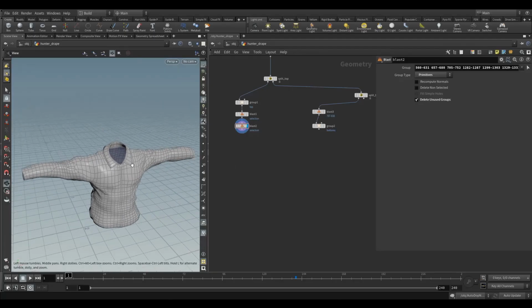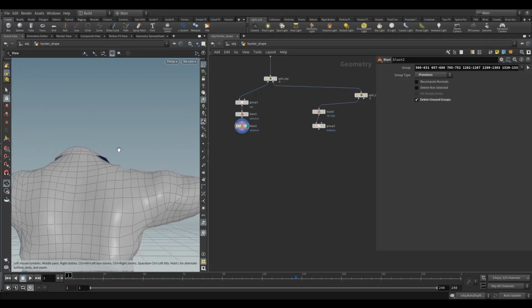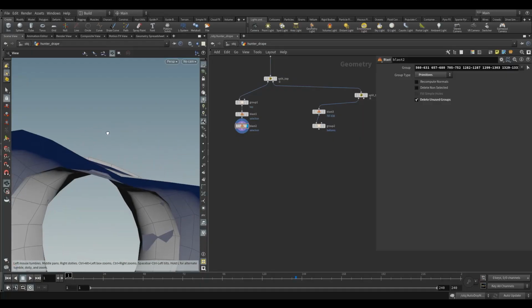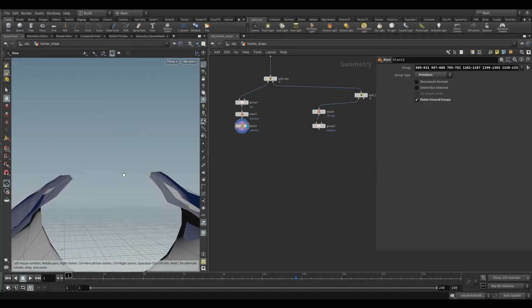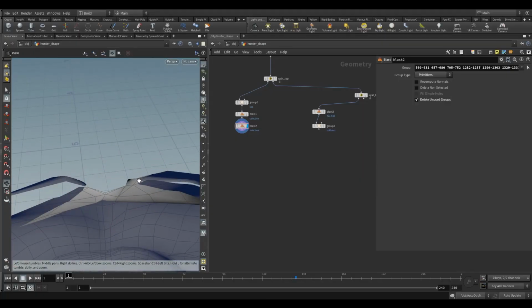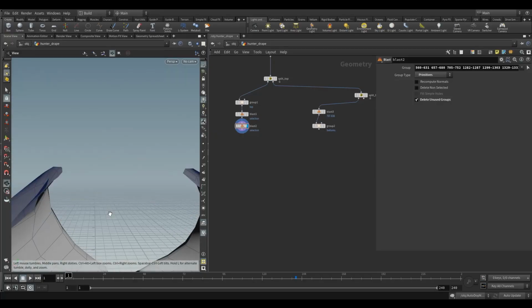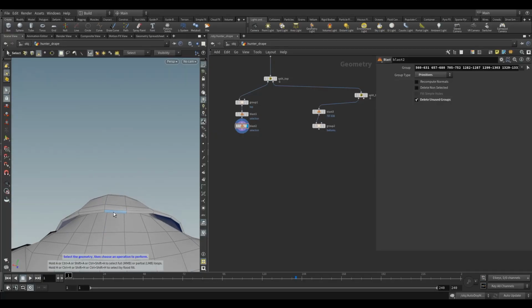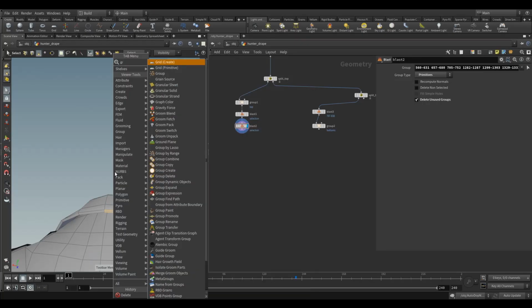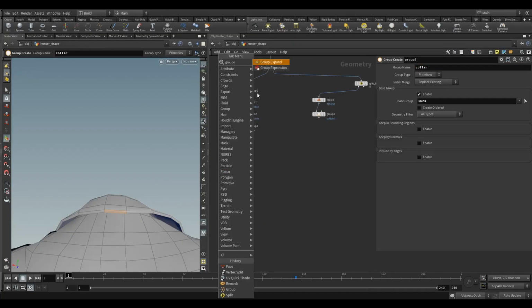Right, so let's continue preparing this geometry for our first simulation for the draping. So first I just want to make a quick group of this collar. We're not going to use that now, but we are later, because this is kind of like a separate piece, only joined at the front, kind of down there, so we need to fix that to the rest of the neck, but for the drape it doesn't matter. So what I'm going to do is just select this one polygon at the back, group that, call this collar, okay, and then just grab a group, expand,